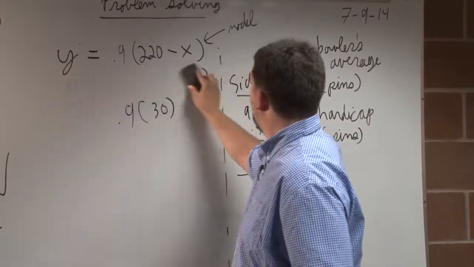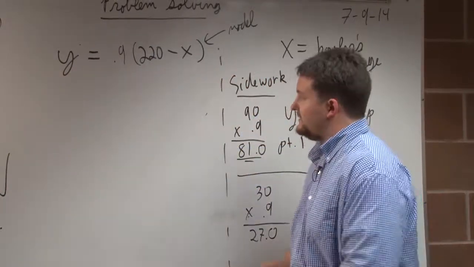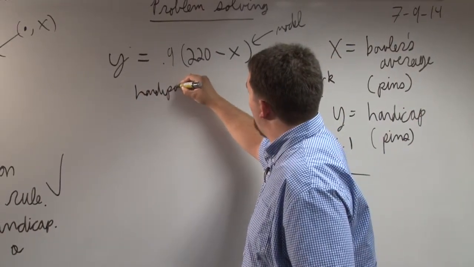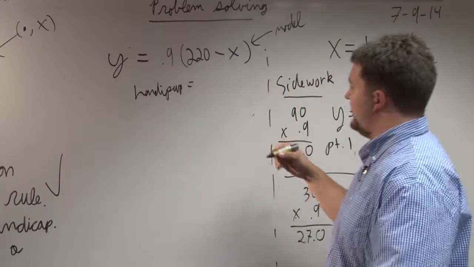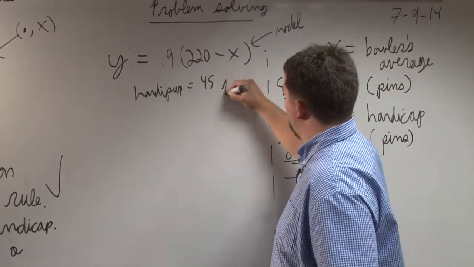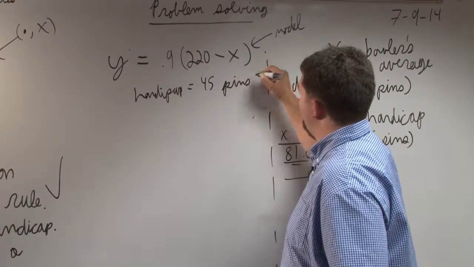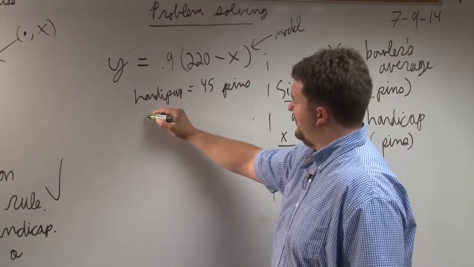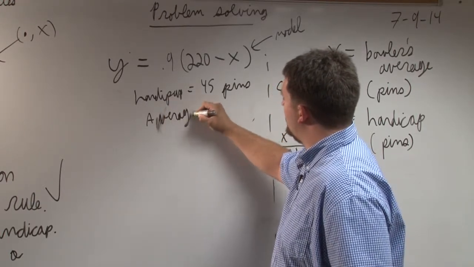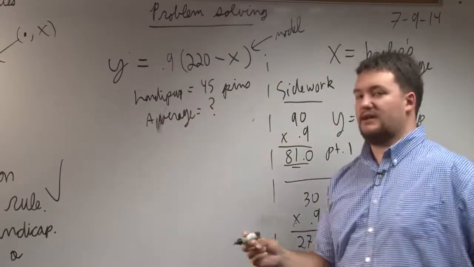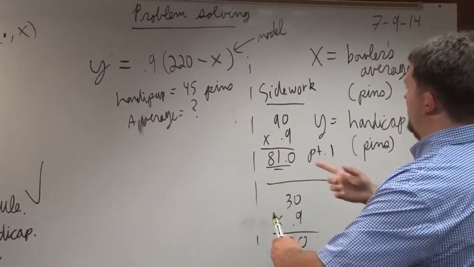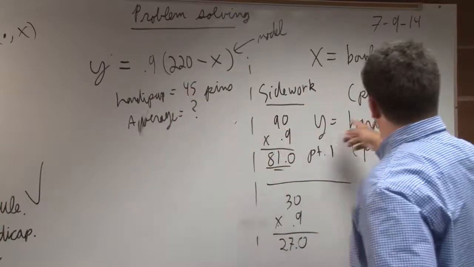I'm going to erase that. And I'm going to say, what if the handicap is, let's say, maybe, how about 45 pins? If the handicap is 45 pins, what is the average? And I'll put a question mark there to tell me that's what I don't yet know. Well, in that case, I have to turn things around a bit. So if my handicap is 45,